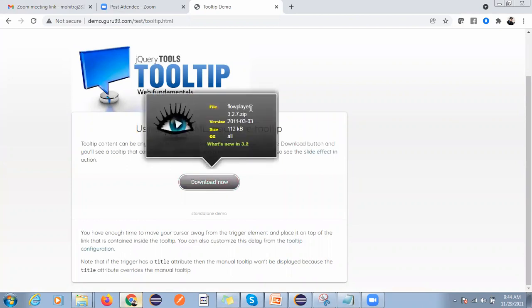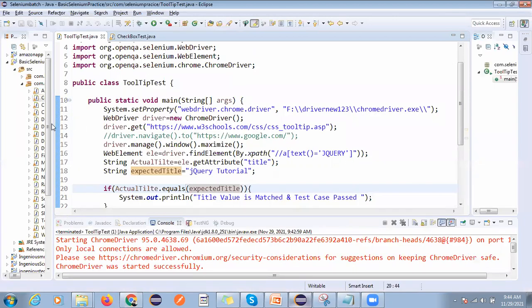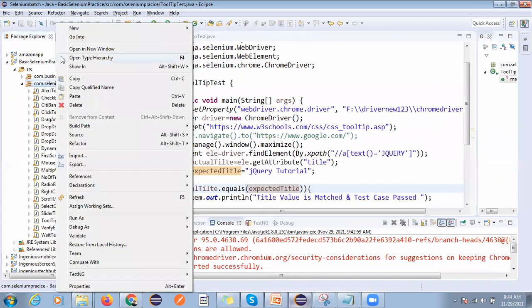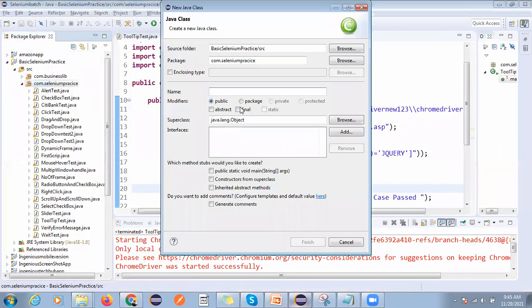So this is another tooltip. Okay, so first what you have to do, you have to do mouse hover, right? So what is the process to do mouse hover? How to handle mouse hover? moveToElement function.